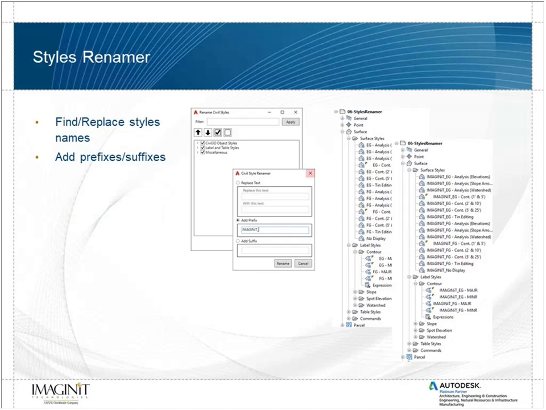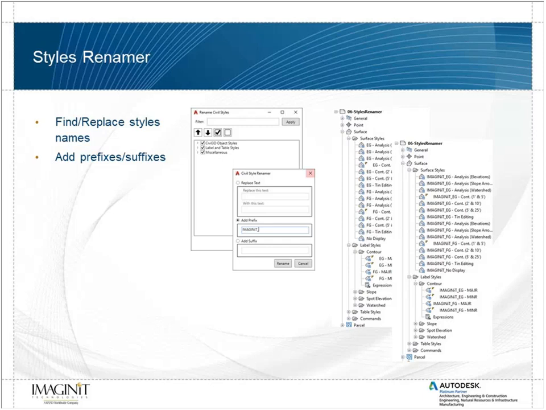The particular client that we worked with on this tool had these files coming in. They needed a way to denote or delineate the styles that were imported from these outside firms versus the ones that they had